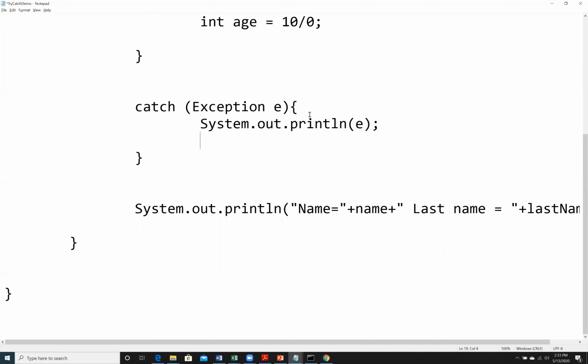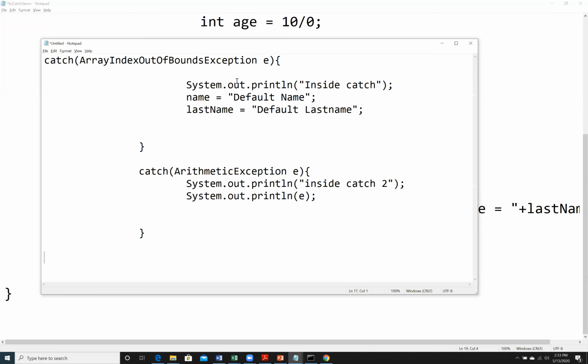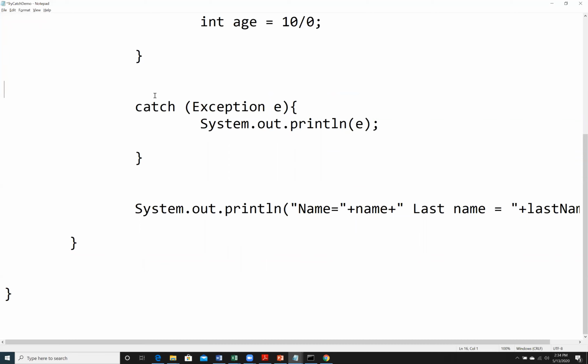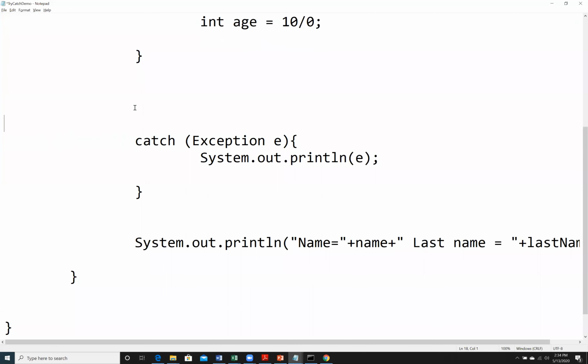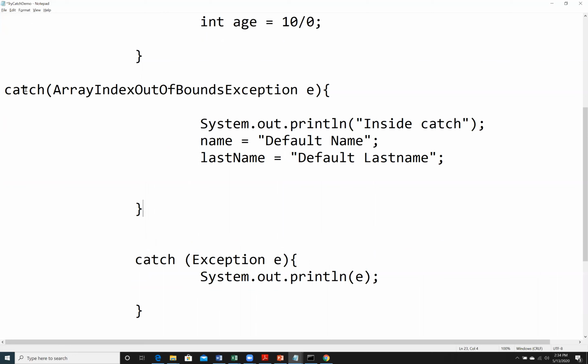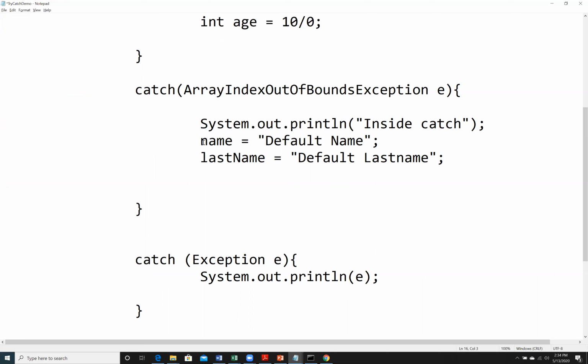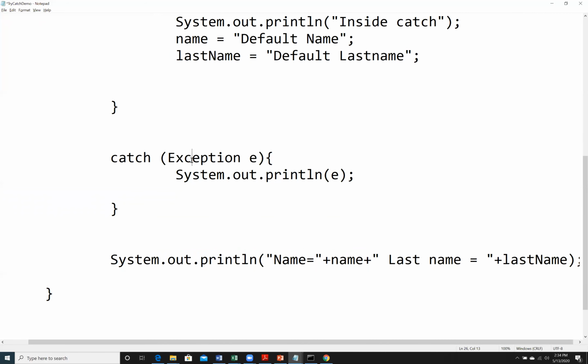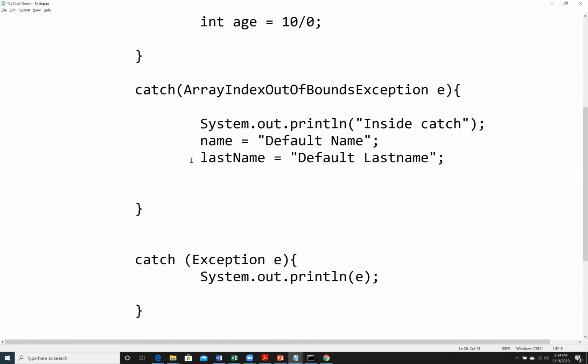And then there is another understanding. The understanding is, you can see here, now I come here, I'm going to write two catch blocks, right? Now see, this situation is quite interesting. The catch block with the Exception class can be provided when we have got multiple catch blocks. So you can see I've got one catch block for array index and one catch block for all other types of exception, right?